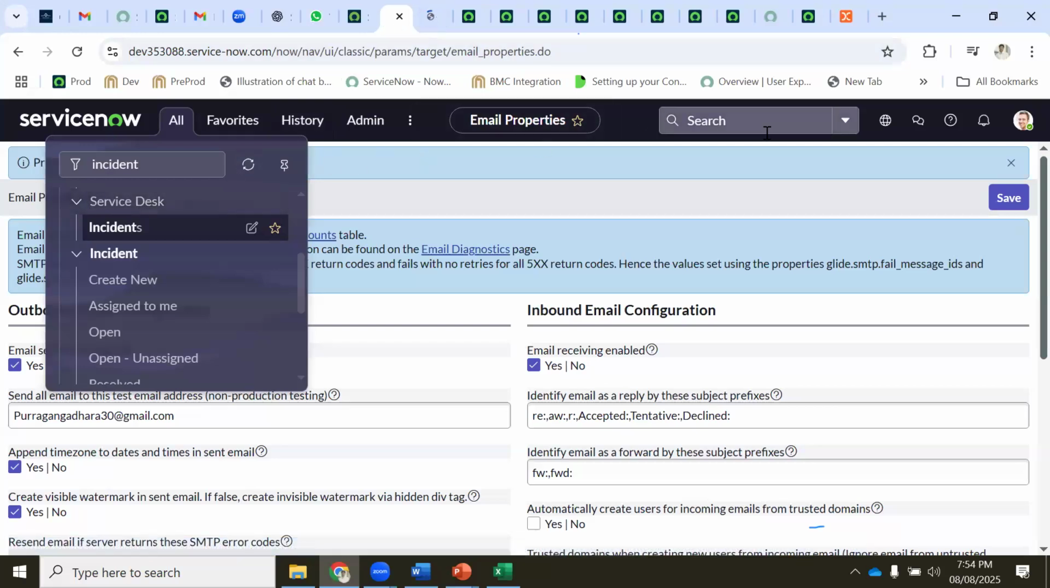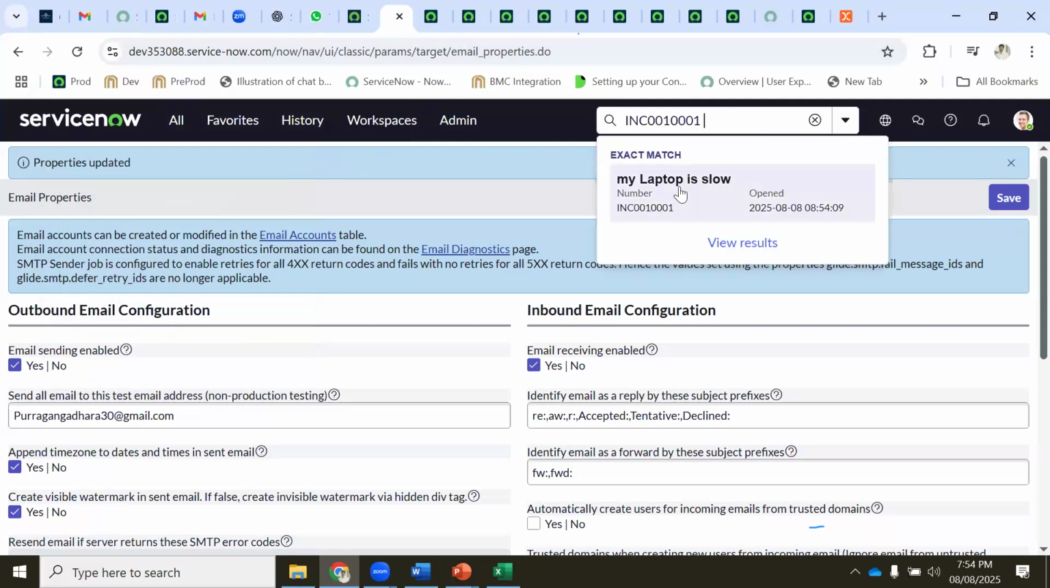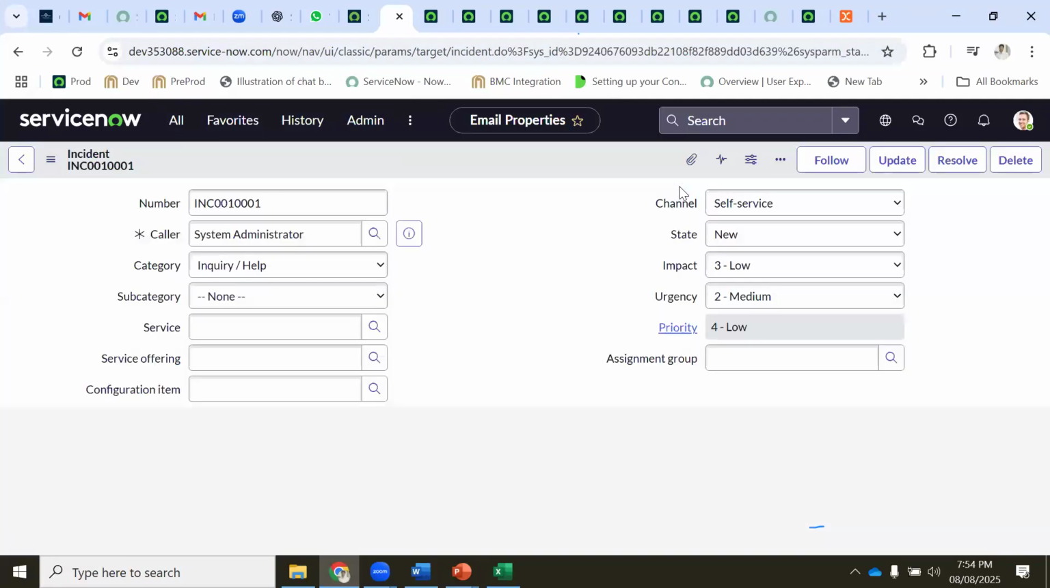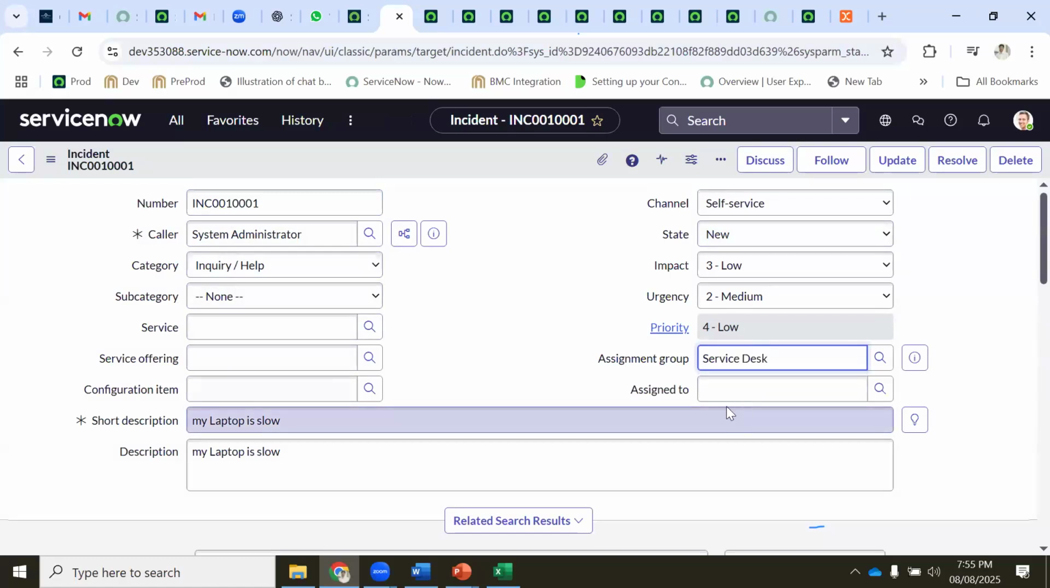So we are talking about incident. This is the global search, where I'm putting my incident. You can search anything in the instance. The ticket we created has come here: my laptop is slow. By default, this ticket has to go to the service desk. Why didn't it? Because this is not a matured system, because we didn't train that the ticket has to go to the service desk